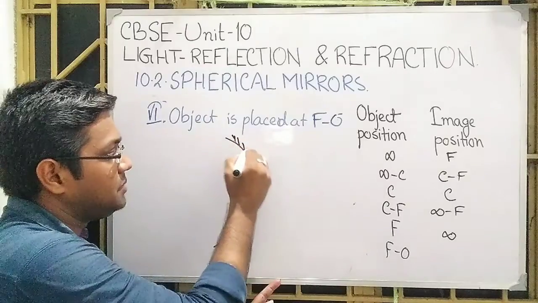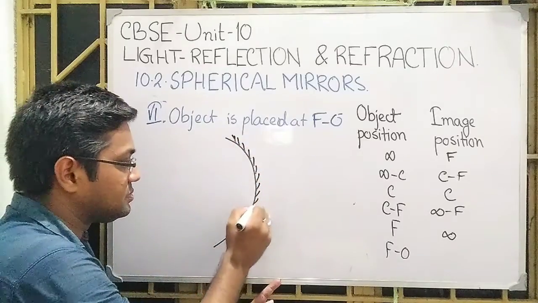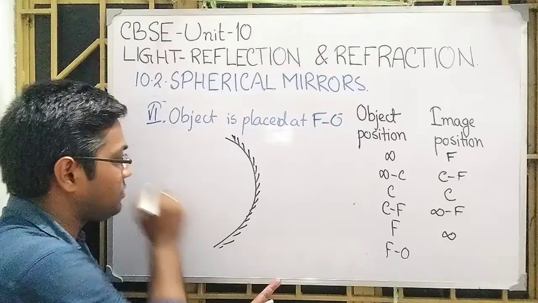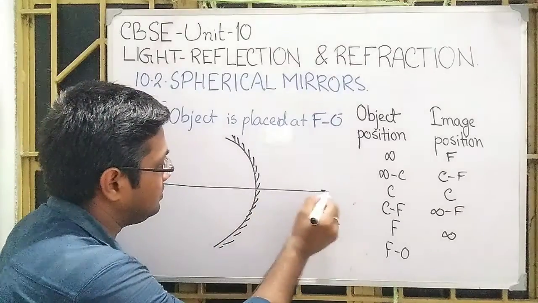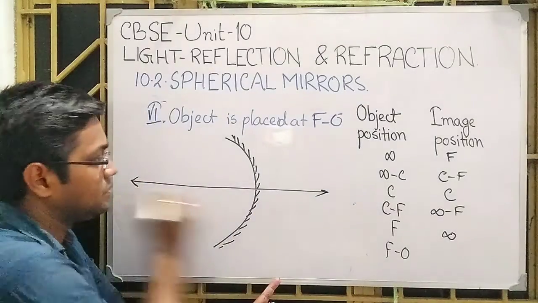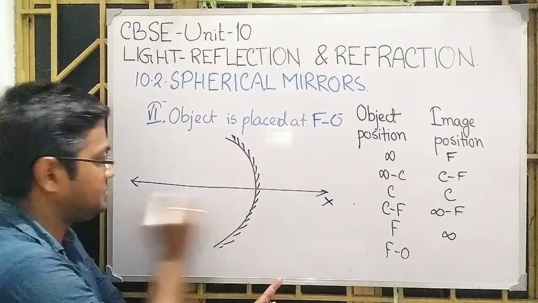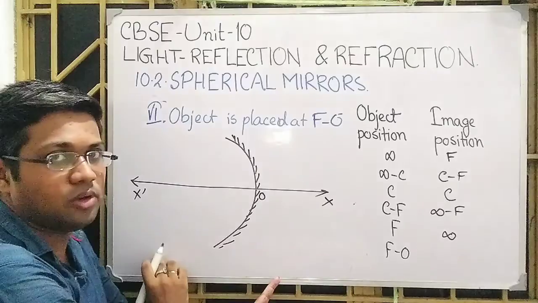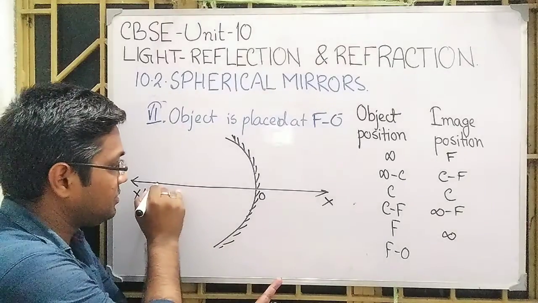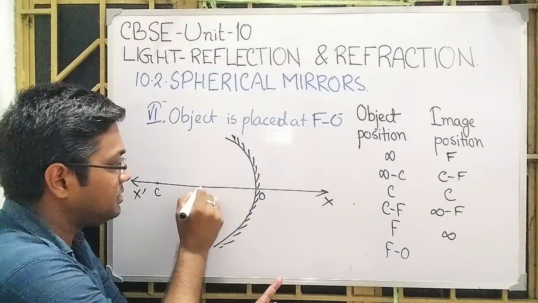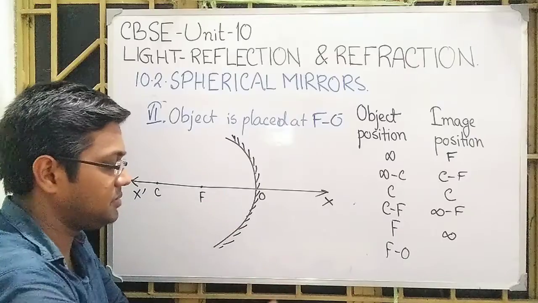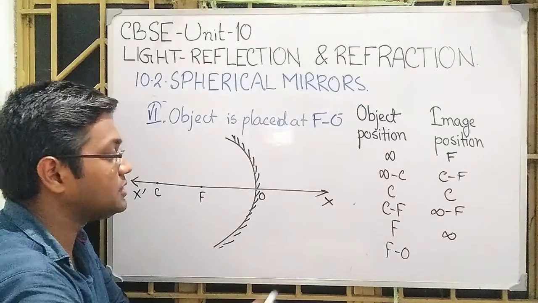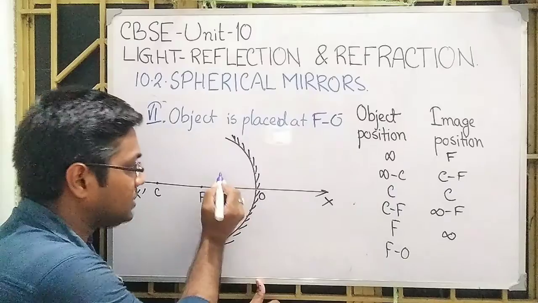This is the concave mirror, X prime, principal axis, pole of the mirror, center of curvature of the mirror, focus of the mirror. Now if I place the object in between the F and O, somewhere here,